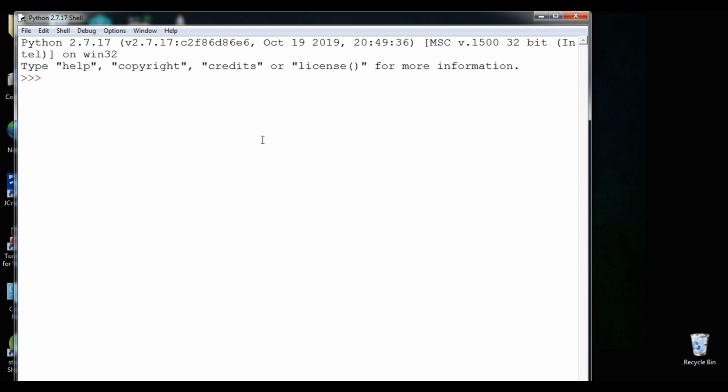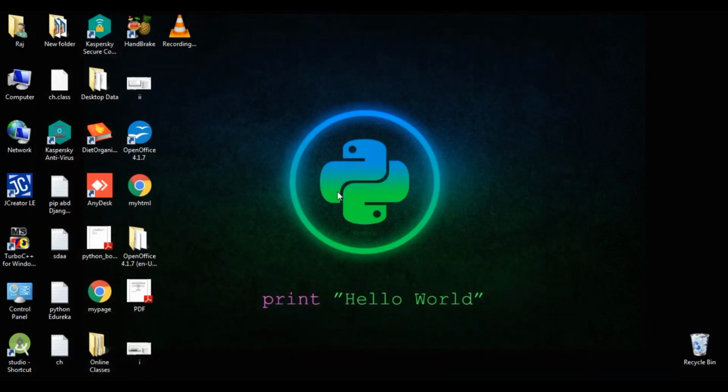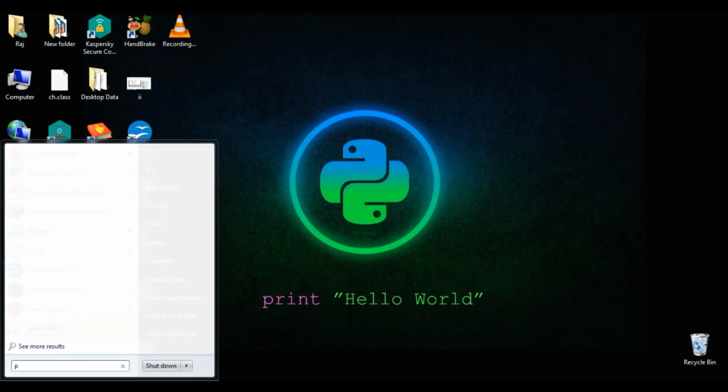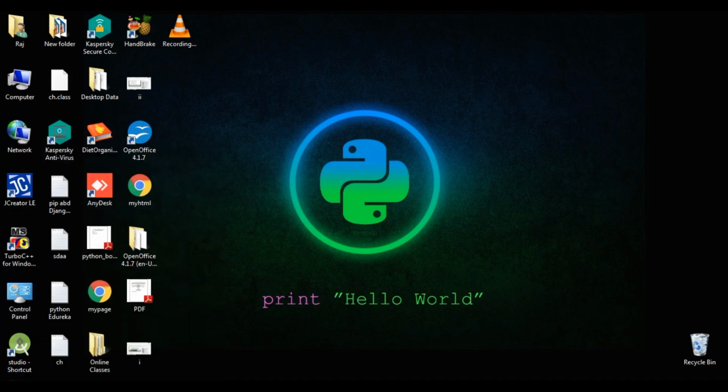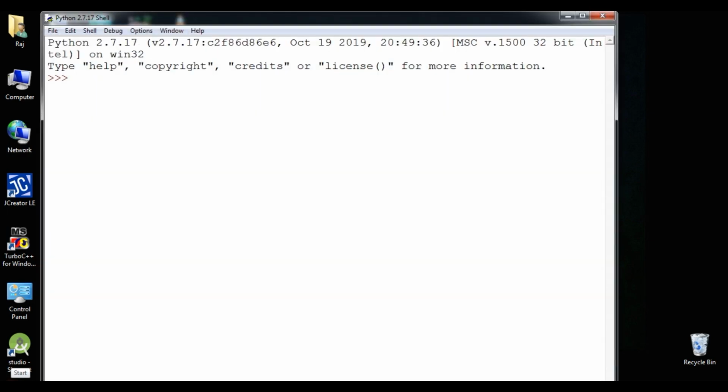Student, this particular one is shell mode, or console mode, we can say, or interactive mode, in which whatever you type, it directly gives you the output. But the drawback of this interface is that whatever command you type is never stored in the computer. Suppose I close this application and open Python again in the same mode, the data is gone. Can you see that, student?